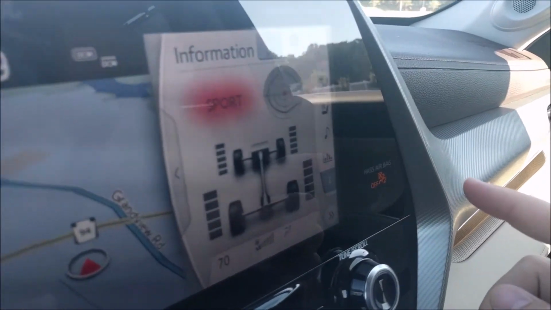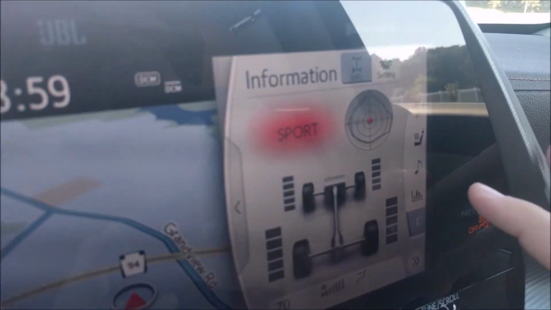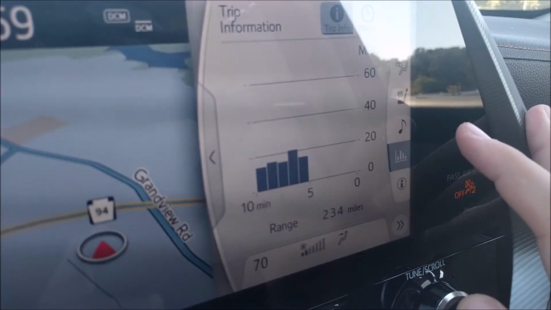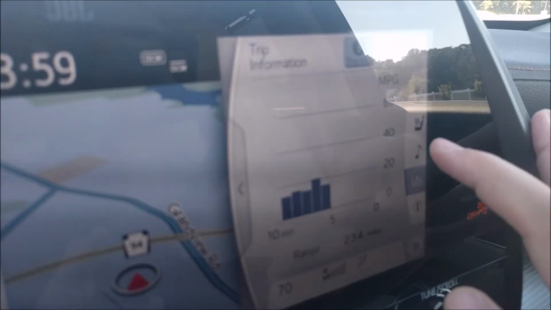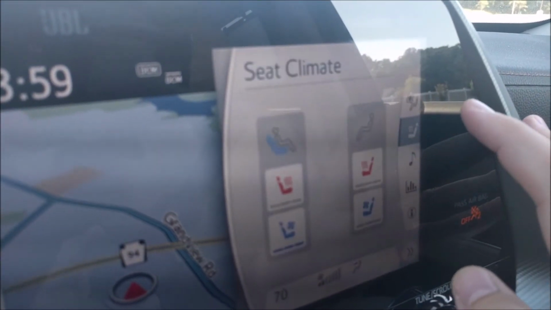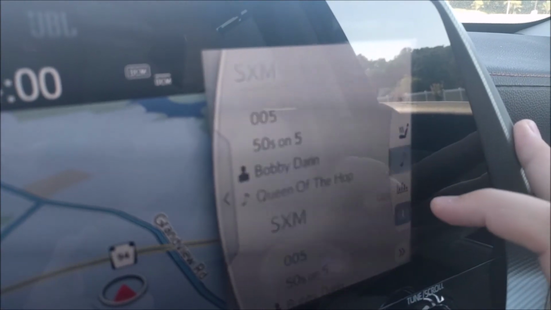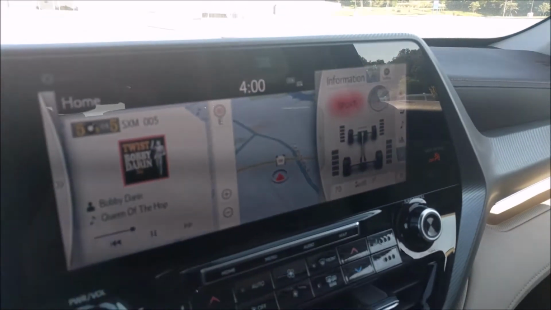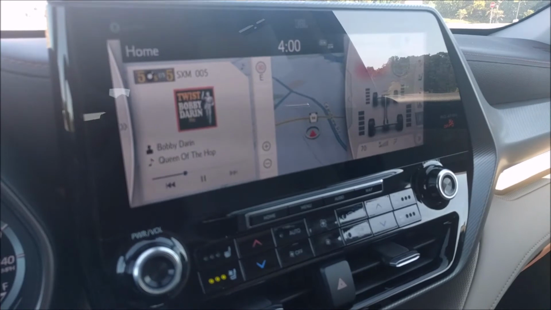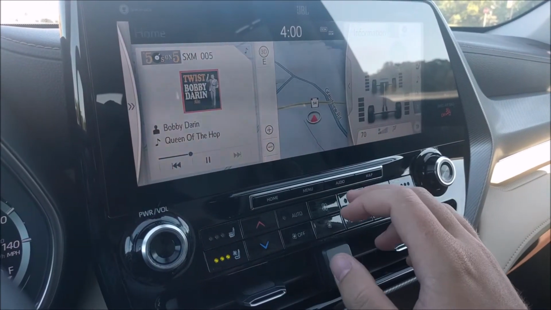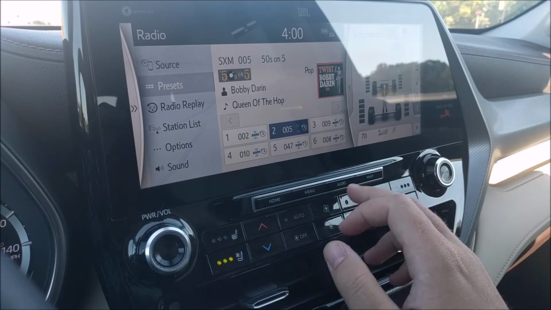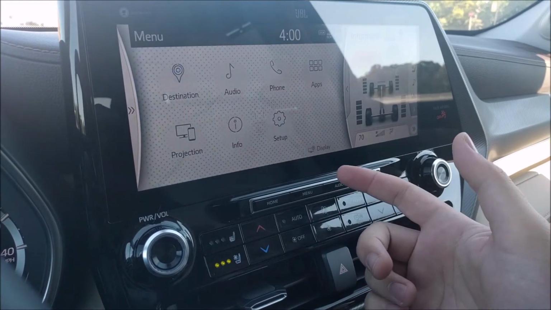Let me get closer for the glare. Got your trip information, music, climate control, fan, and you can see that. You also can get straight to your audio. If you push the audio button, the menu will